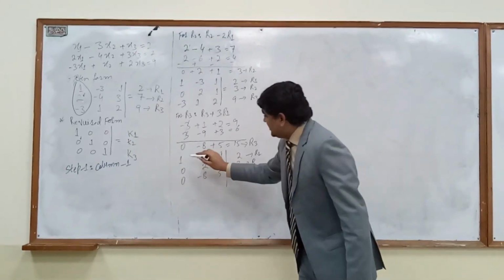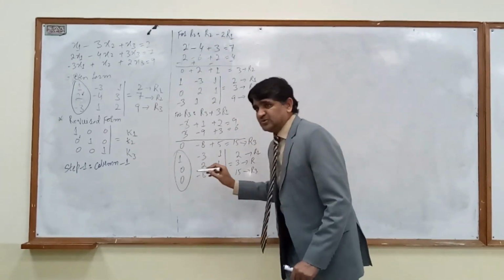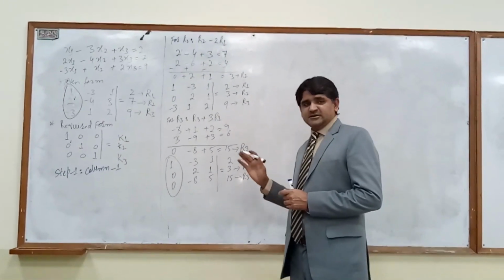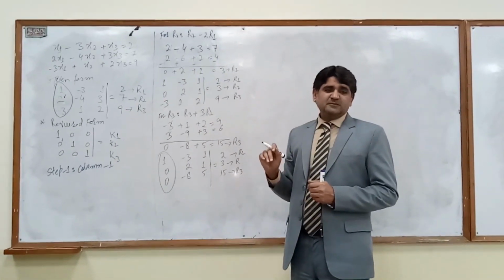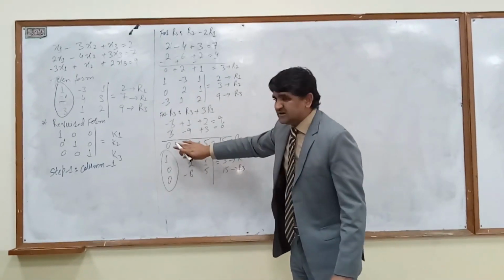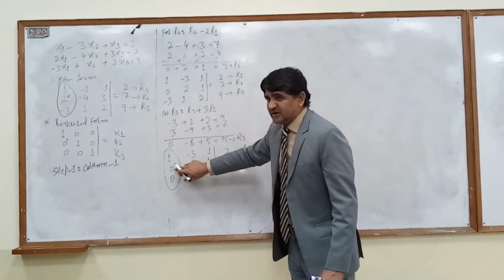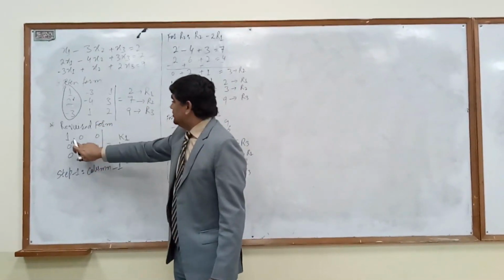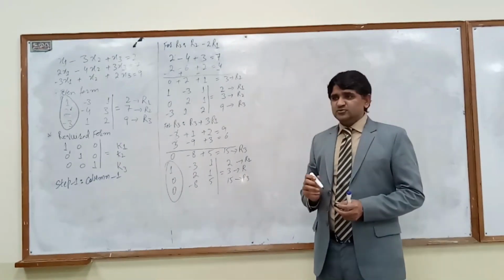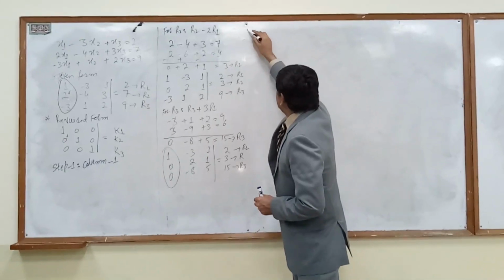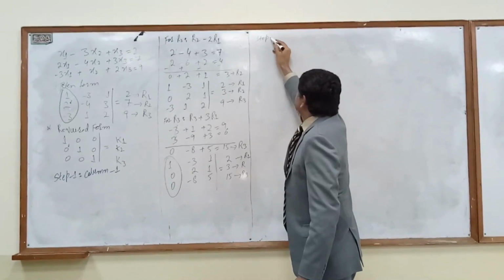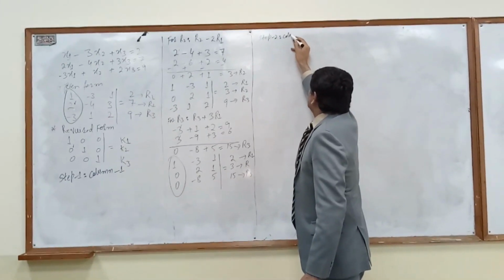So, what is the required form of column 1? 1, 0, 0. While you are talking about column 1 or step 1, just forget about rest of the columns. Column 2 or 3, whatever the system is, you have to simplify your column according to your requirement form. And requirement form is 1, 0, 0. Now, first column is solved, then we go for step 2, that is column 2.